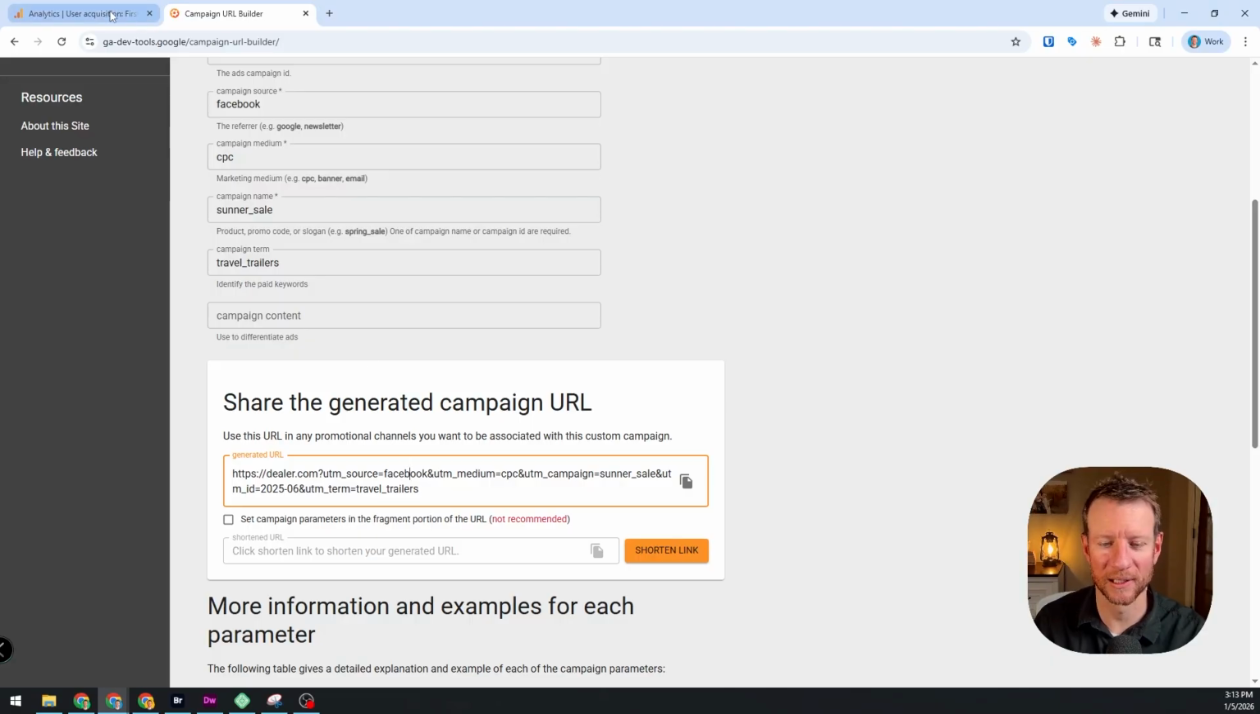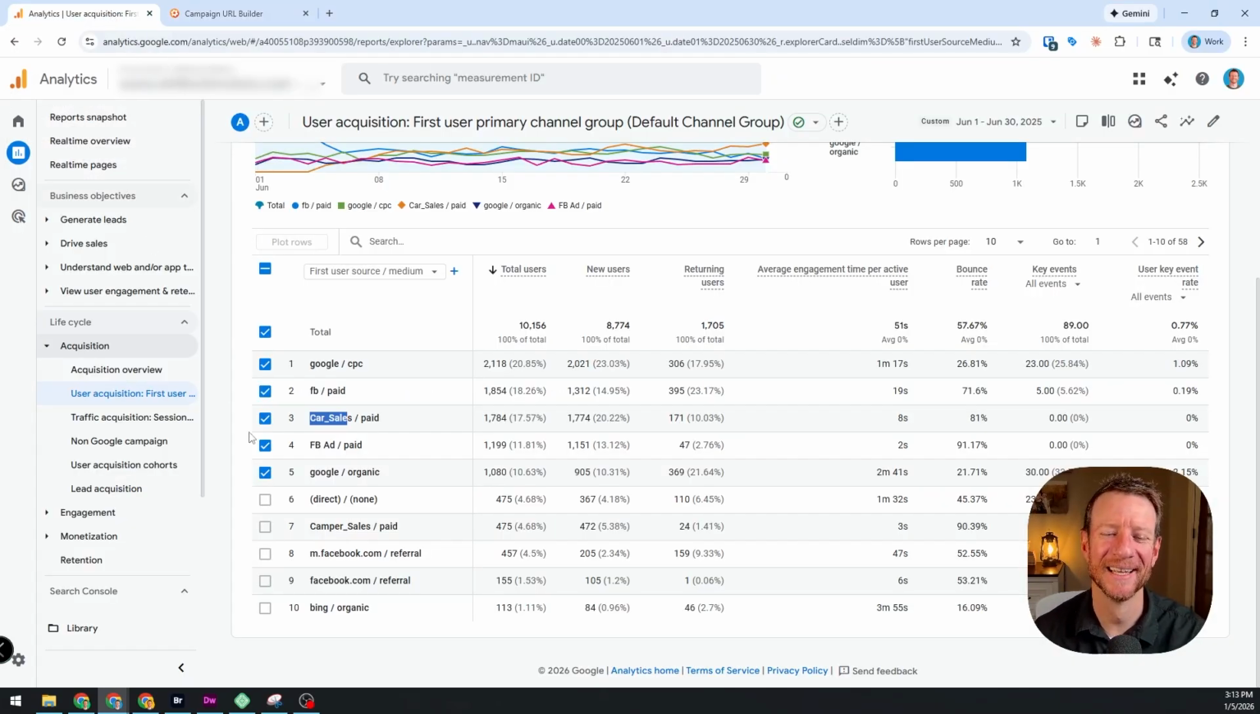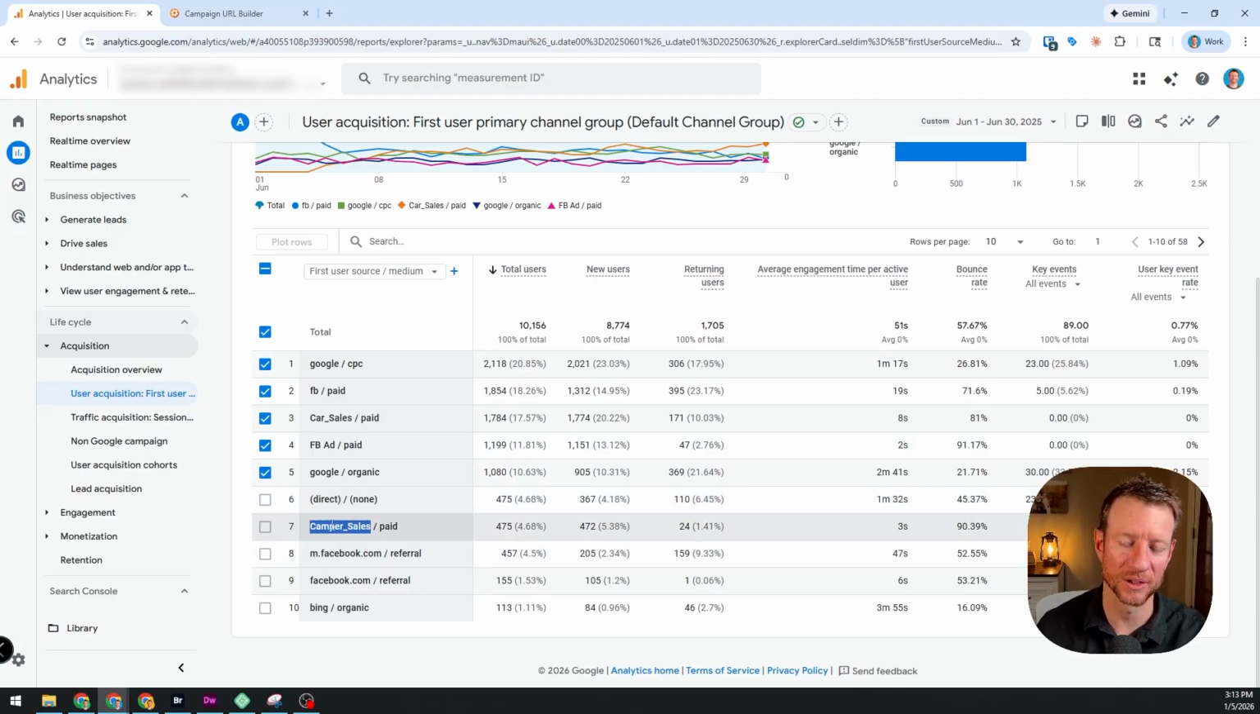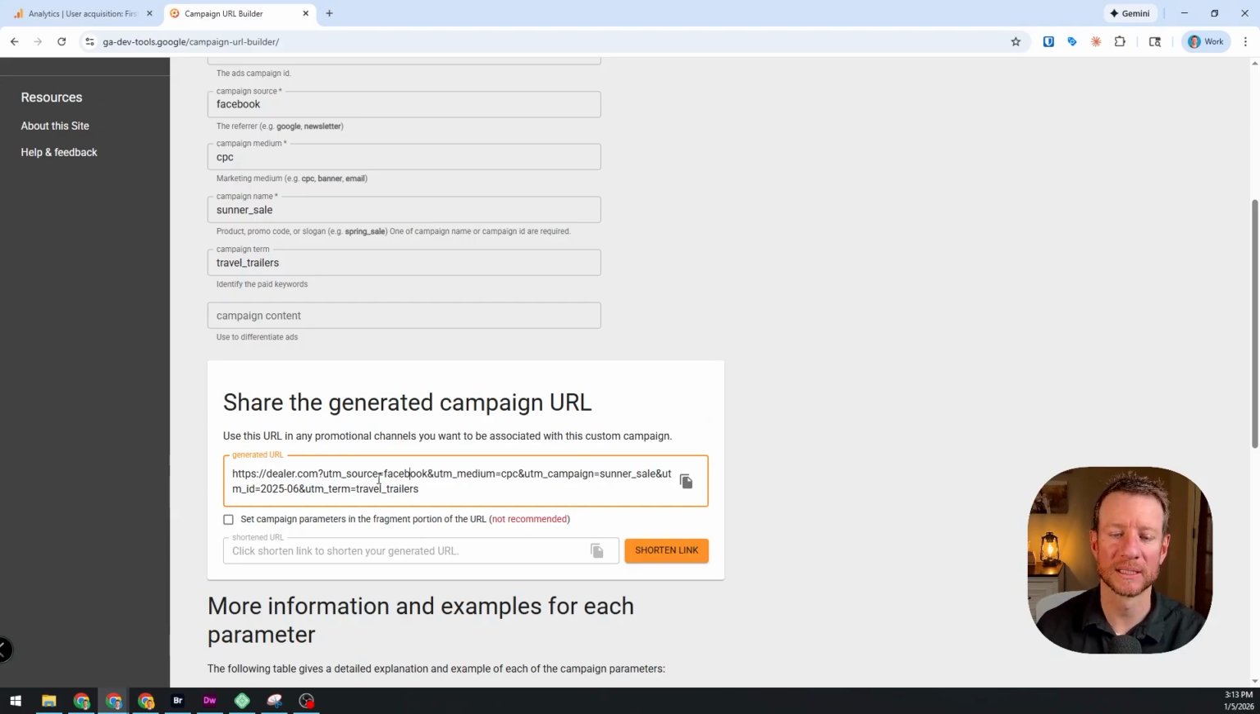And it's an RV dealer, which is hilarious. And then Facebook ads is the source. Yes, technically, but that's not correct. Camper sales is not the source. It should be Facebook. And so when we set it up correctly, all of your URLs, when you guys go